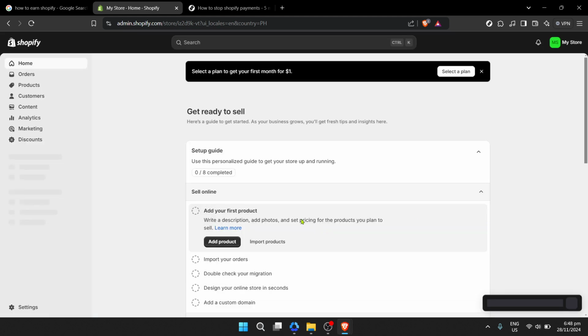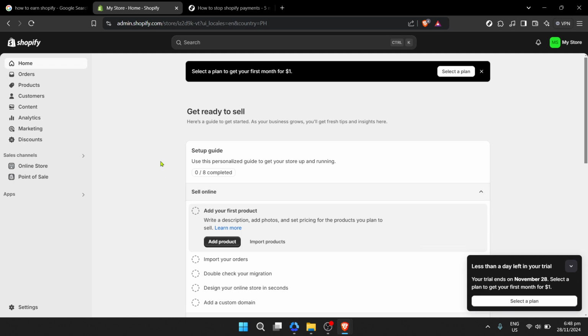Following the email, the next screen will ask you to input your password. This password, combined with your email, forms the key to unlocking your Shopify dashboard. Take a moment to ensure you've entered everything correctly before hitting the Login button once again. A successful login will bring you to the heart of your store's operations.